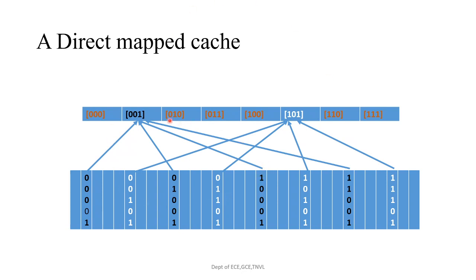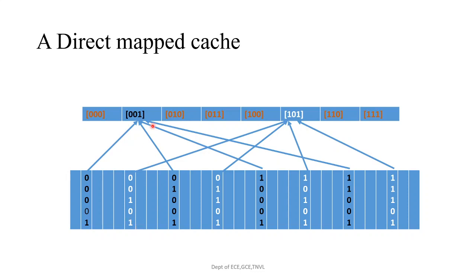So this is the mapping of a direct mapped cache. If you see here, this is the main memory. The main memory is 32 locations long, so it can hold 32 data items. Since it holds 32 items, we represent this with 5 bits, because 2 power 5 is equal to 32. These are the memory addresses, not the data. And here too, these are also the memory addresses, not the data. So this is our main memory and this is our cache memory. Now we are going to map this.